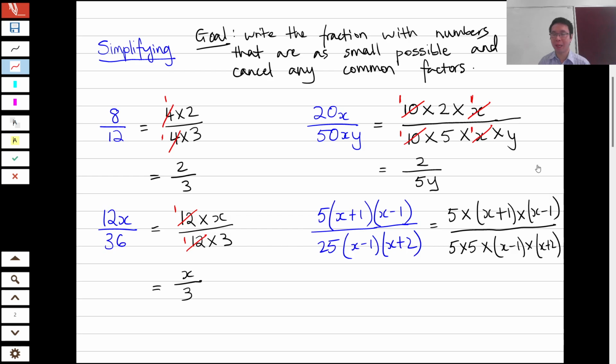And now I'm ready to look for some cancellations. I've got a 5 on top and a 5 on the bottom, so I can cancel those. And on the bottom, I can't cancel the x plus 1. I can't cancel the x plus 2. But I do have the term x minus 1 in brackets on both the top and the bottom, so I can cancel that. This is going to leave me with 1 times x plus 1 on top, and 5 times x plus 2